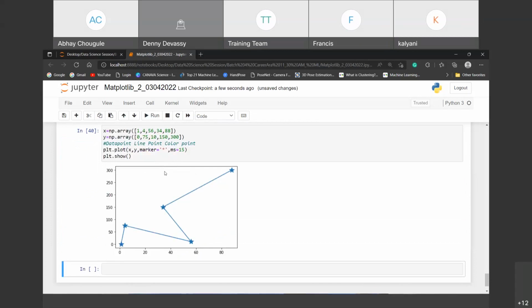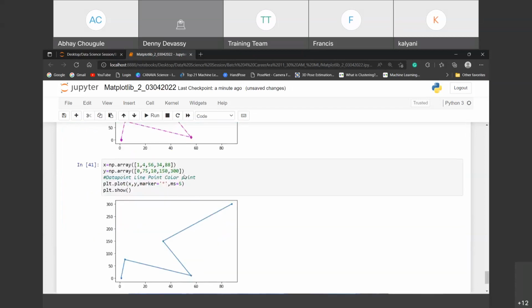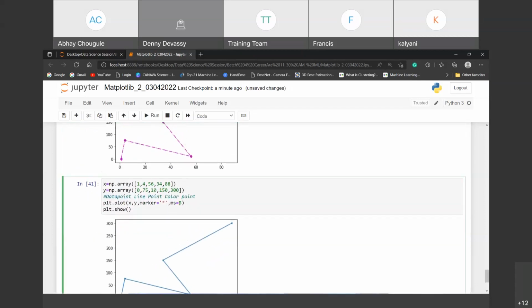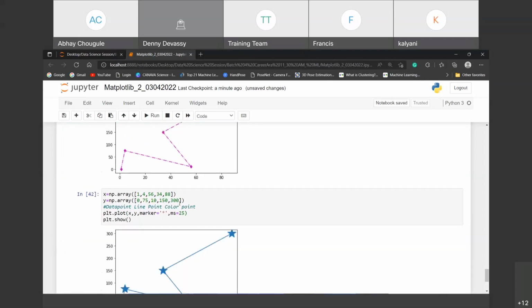See, now I never passed any color here. Then tell me, how can I pass the marker color individually? How can I pass it? You can do it like this as well. Check out. Are you getting the point of ms, marker size? Yes or no? If you pass a 5, you will get this, see, check out. And if you pass 25 to the size,